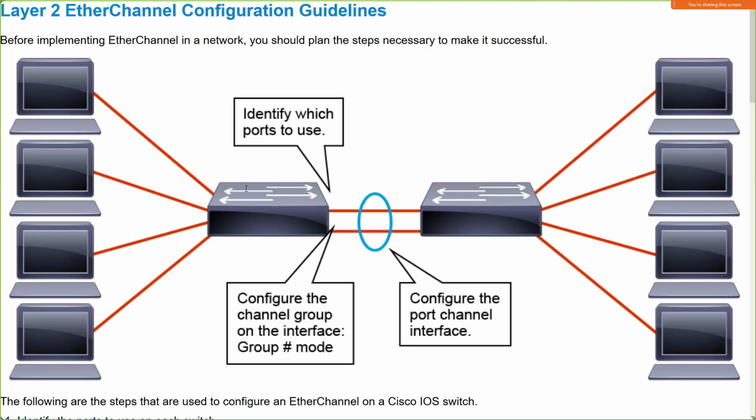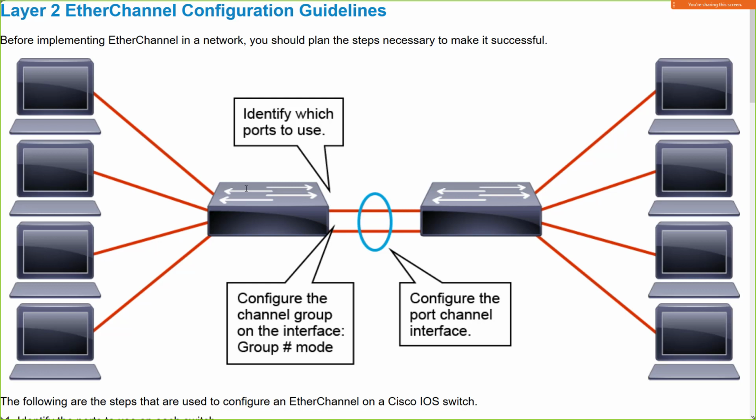So what are some of the configuration guidelines? For the most part, the configuration has to be consistent. All the interfaces that are part of the EtherChannel have to have the same configuration. They have to be in the same mode, in other words, layer 3 or layer 2. If you have configurations on the interfaces, those configurations have to be consistent